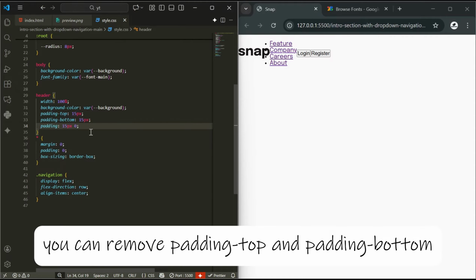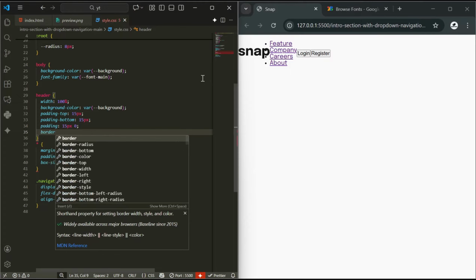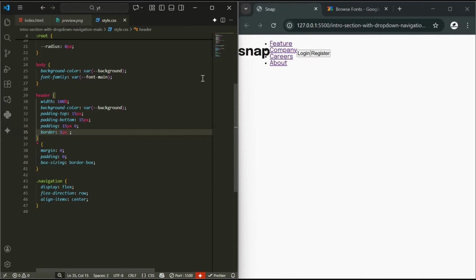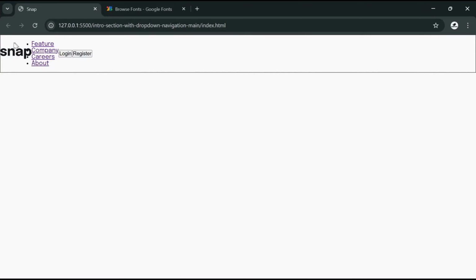The next thing we want to do, we want to give this header a border. A border meaning a line around the element. So we're going to say border and then 1 pixel to specify the size of the border, and then solid to specify the style of the border, and then we give it an actual color. So if we look at this now, this border is actually going around the element, but we only want the